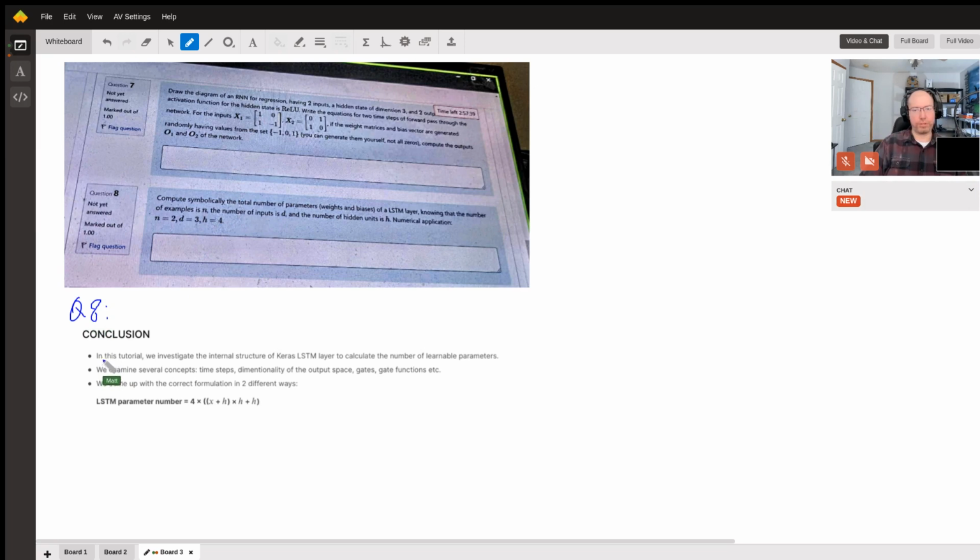Okay, so I think if I understand this correctly, I'm interpreting this to mean size of each input